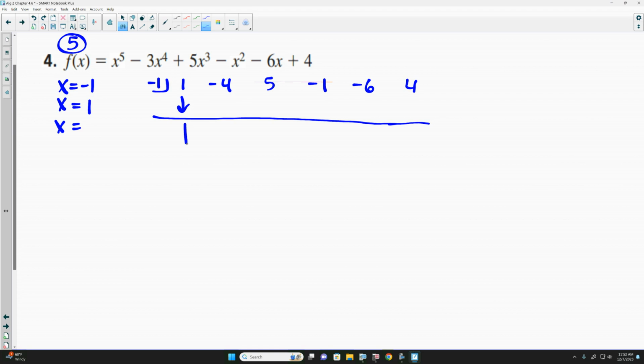Yep. -1 times 1 is -1. -4 plus -1 is -5. -1 times -5 is 5 plus 5 is -1 times 10 is -10. -1 plus -10 is -11. -1 times -11 is,